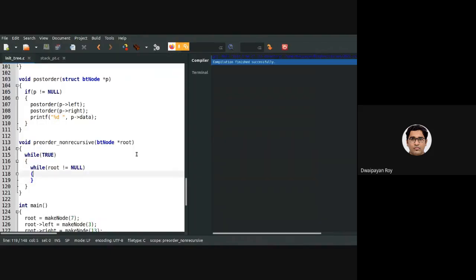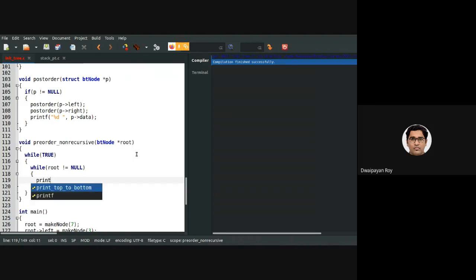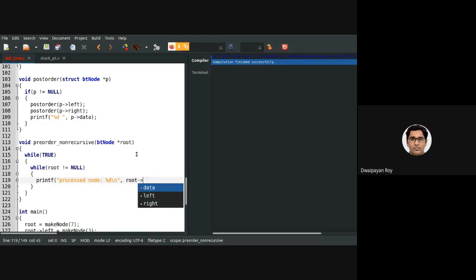And as we have said, processing for this course refers to printing the corresponding data part. So let's write, say, the processed node %d, new line, and then what we need to print, can someone say? So basically it will be root data, isn't it?